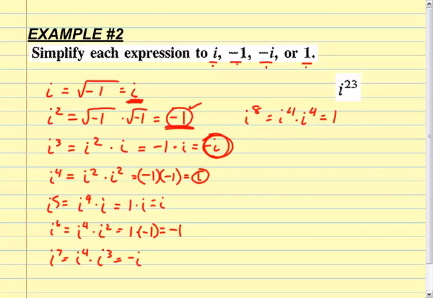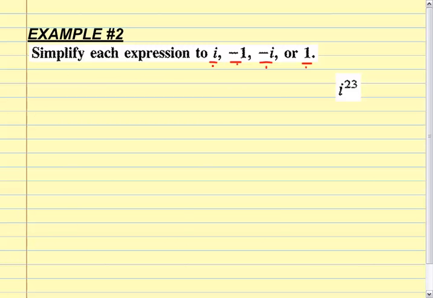So, if I take i to the 23rd, let's see what I've got here. i to the 23rd, well, that's i to the 4th times i to the 4th times i to the 4th, that gives me 12, right? Okay, times i to the 4th, that's 16, times i to the 4th, that's 20, times i to the 3rd, right? Let's see, does that add up to 23? 4 plus 4 is 8, plus 4 is 12, plus 4 is 16, plus 4 is 20, plus 3, that's